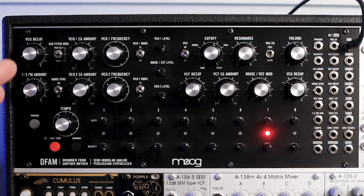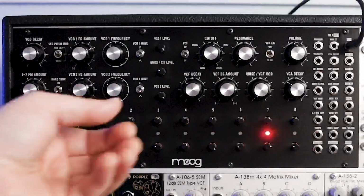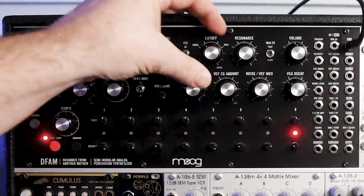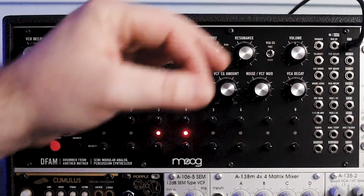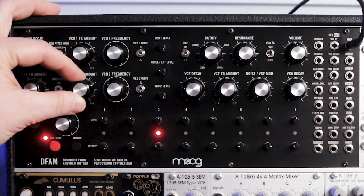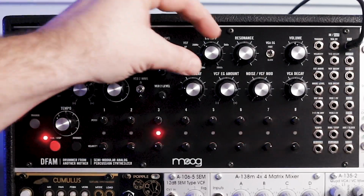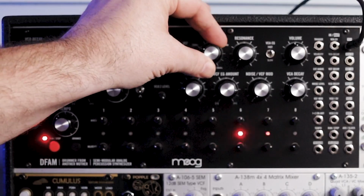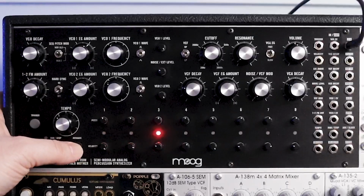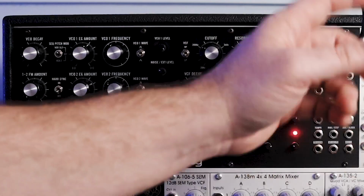So before we even bring Pam's into the situation, let's dial in some type of rhythm. That's pretty good. All right, so now I'm going to zoom in on the patching area, Pam's, and the Mordax